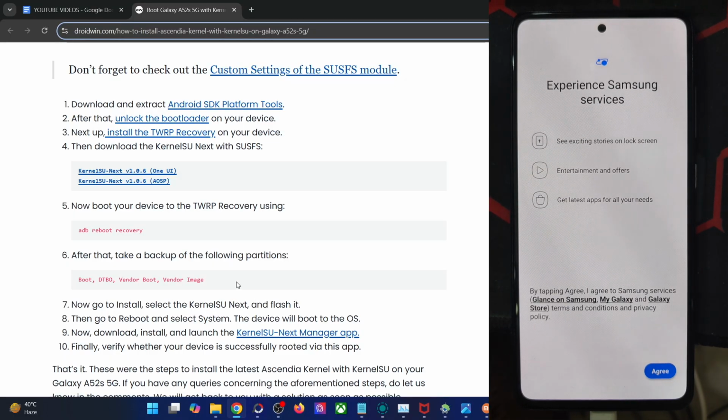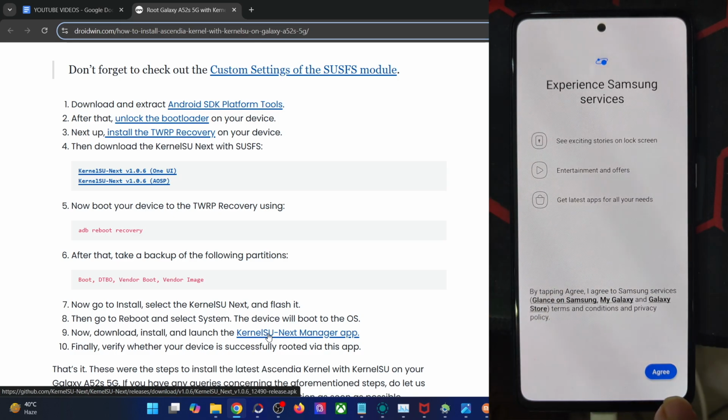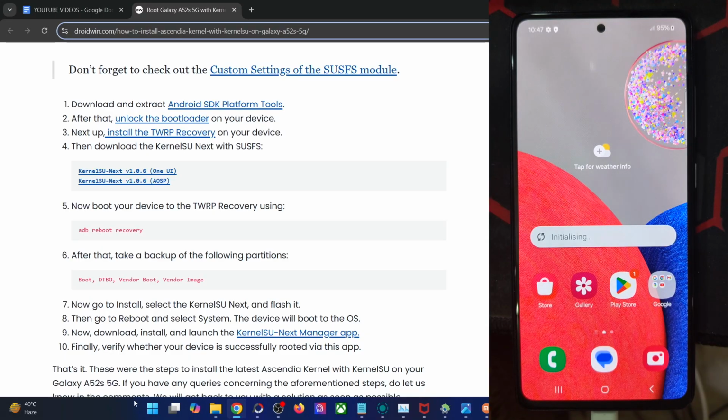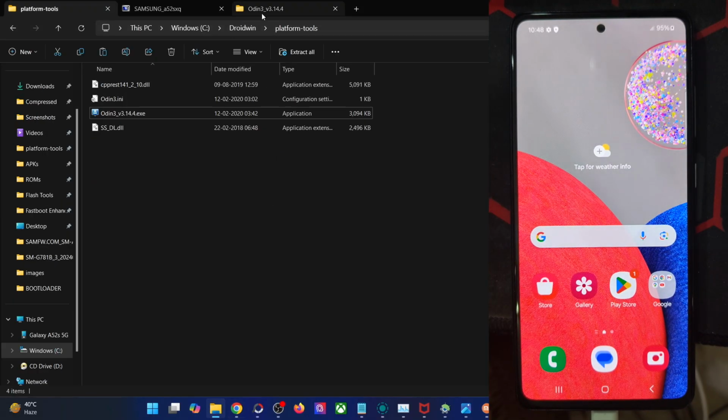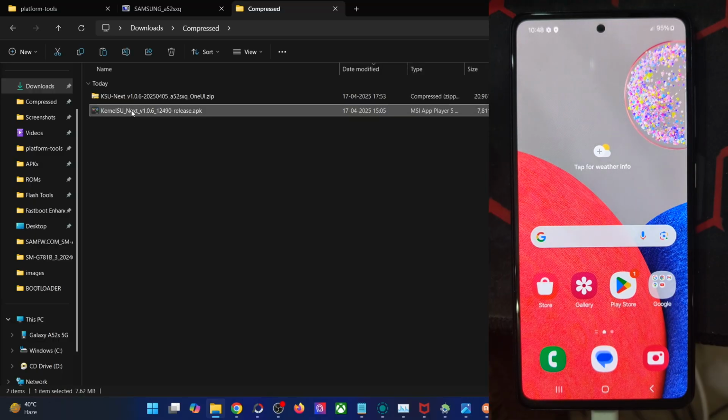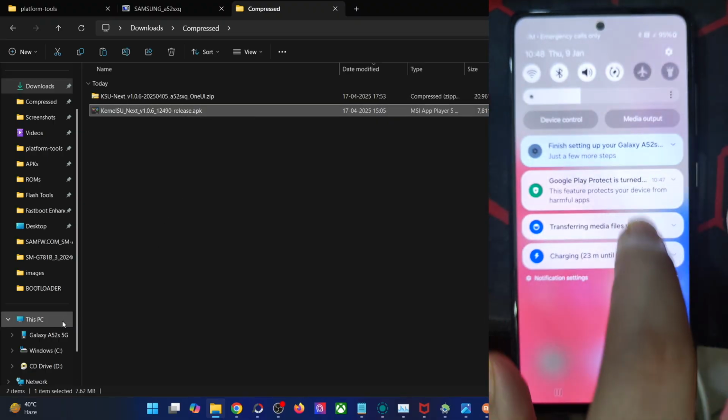Once that happens, you'll now have to get hold of the KernelSU Next app from here. Download the APK file and transfer the APK file onto your phone. So let's do that as well. This is the app which I have already got on my PC, the KernelSU Next app. Do note that it's the KernelSU Next app and not the KernelSU app. Both are different. Over here you have to use KernelSU Next because we use the KSU Next module. That is why you have to use the KernelSU Next app and transfer the APK onto your phone.